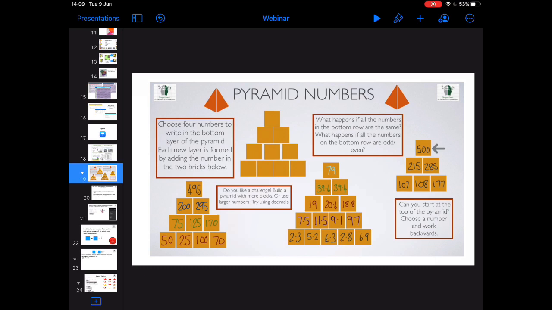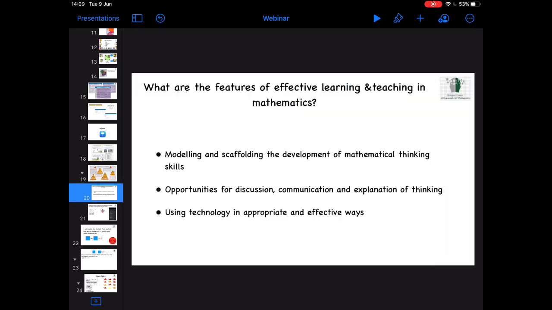So you see, it's really easy to create these Keynote slides. I'm not artistic at all, but I found it's a really nice way to communicate learning tasks with children. When I was researching for today's webinar, I had a look at some of the principles and practice papers and what are the features of effective learning and teaching in mathematics and what to focus on,